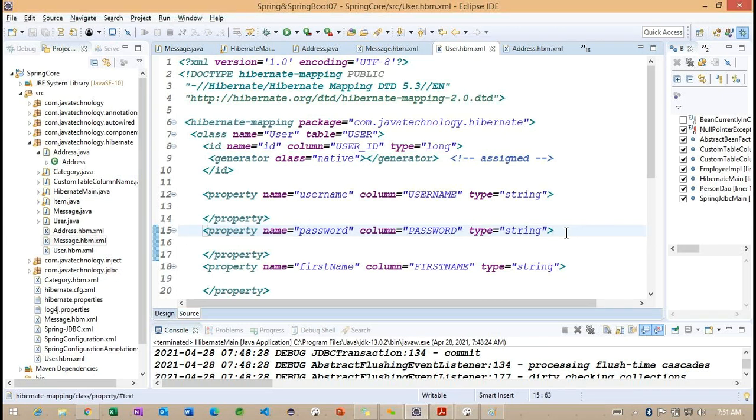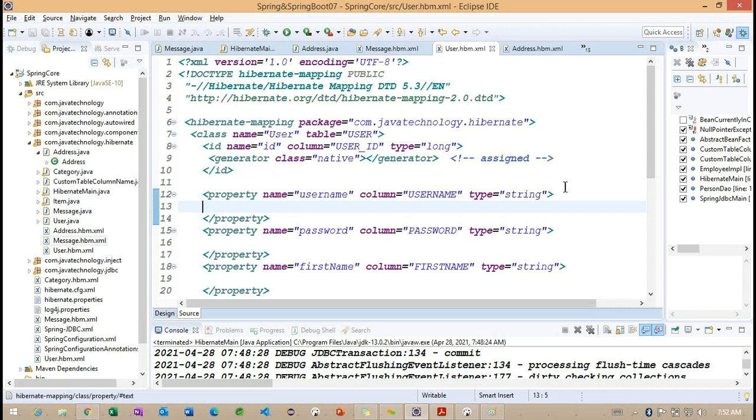So instead of creating two tables here, what we are doing here, we are trying to work with the same table, but the information we are having differently here.